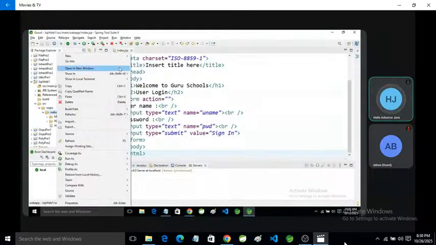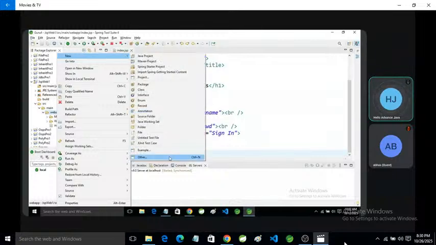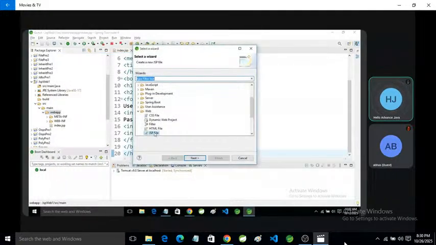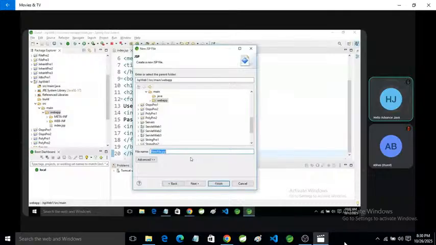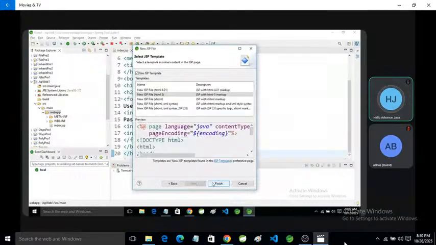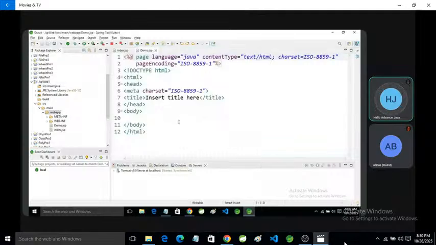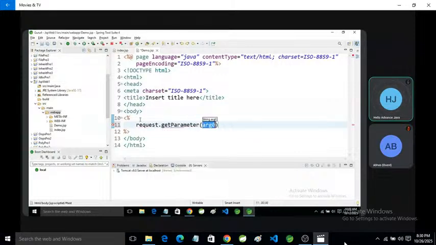Okay, if you want to receive this value in the backend, we can create a JSP file, like declare here demo. Next. Okay, we want to receive this value here. So for this purpose, we use the scriptlet tag. Within this scriptlet tag, we can perform all operations just like in a service method. So here we need to use the request object, already provided by JSP.